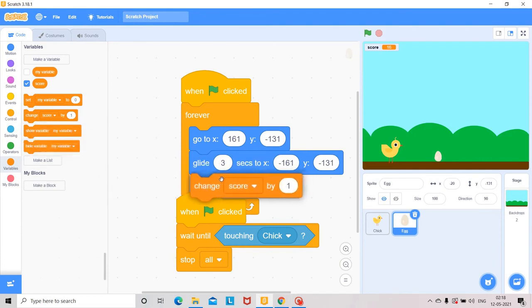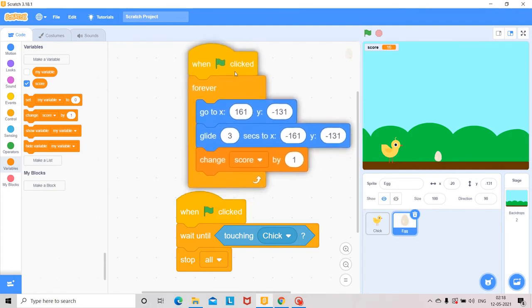So when the egg glides past the chick successfully, the score will be added. Okay, right, you can see now, 17, 18.